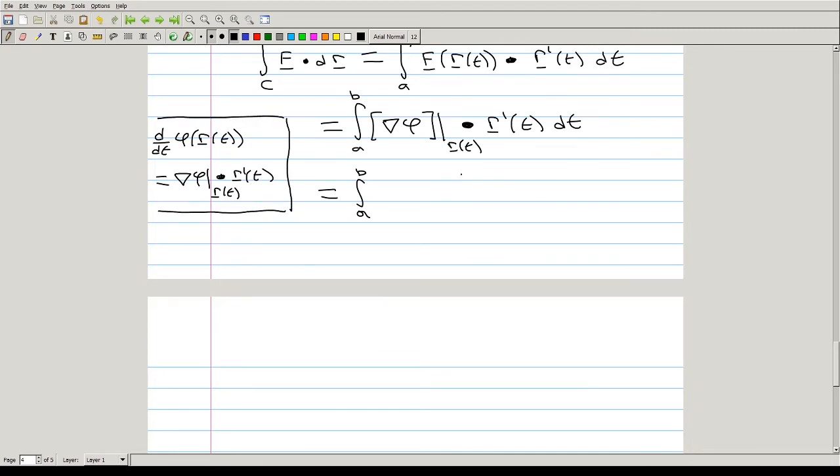So what we have inside this expression is exactly just the t derivative of the composition of the scalar potential phi at the point R of t, and it's the integral of this derivative with respect to time,